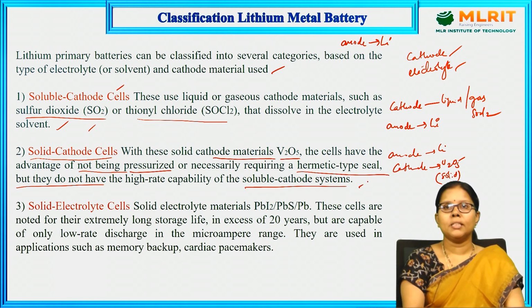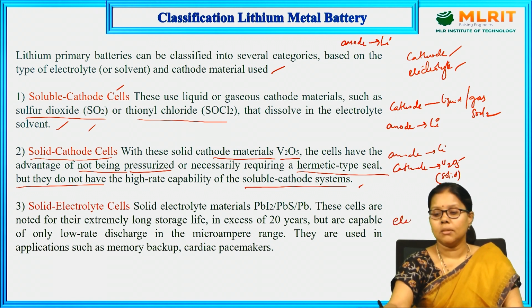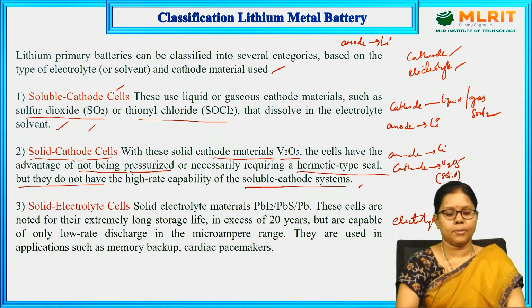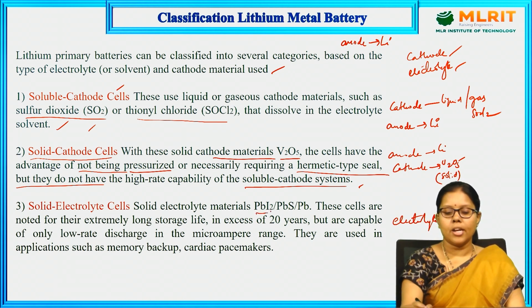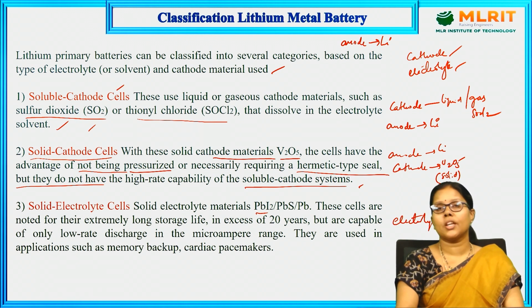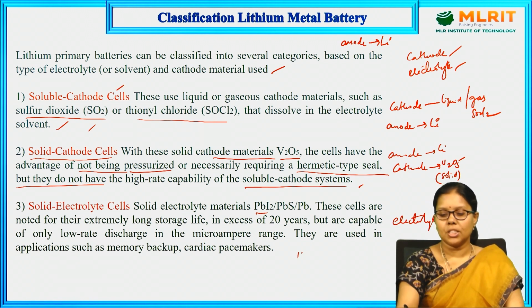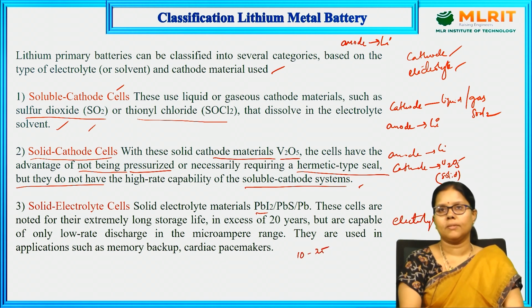The next type is solid electrolyte cells. Here, the electrolyte is solid. The solid electrolyte materials are lead iodide, lead sulfide or lead. These cells are noted for their extremely long storage life, in excess of 20 years. So the lifespan is 20 to 25 years by using the solid electrolyte cell, in which the electrolyte is made